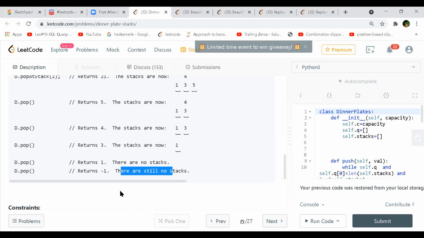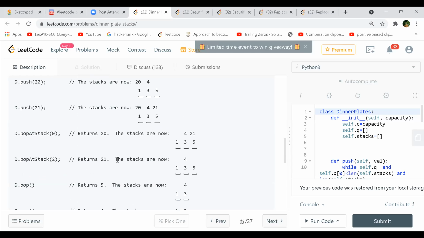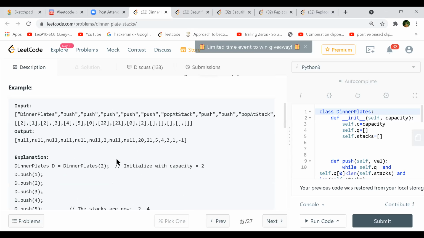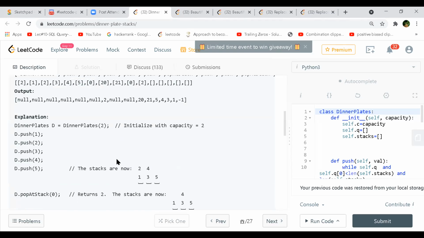So it's straightforward, a stack problem, you simulate it, the normal way we do stacks. Yes, but there are some challenges. One is about pushing. You cannot always push at the end. You need to fill in all the stacks of plates which are not filled to capacity from left to right first. If they are all full, then only you can create another stack, or go to the very last stack which is not filled to capacity and keep pushing there.